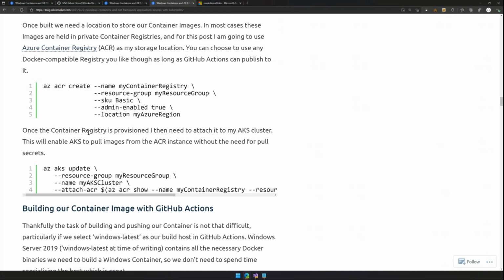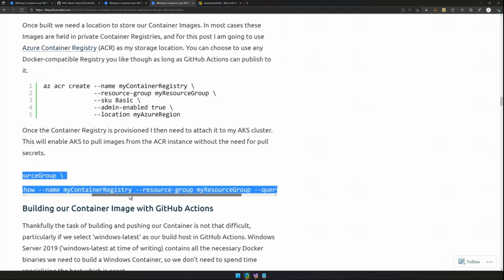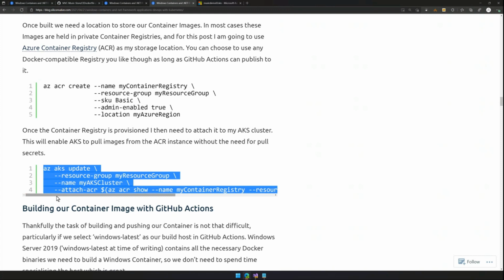And once we've published them there, we can then deploy them to say something like Azure Container Instances, or in our case, to Azure Kubernetes Service. And Microsoft makes it super simple to do pulls from container registry by associating a container registry with your AKS cluster, which just means that you can say, hey, pull this image from this container registry, and it will all be done transparently behind the scenes without you having to define pull secrets and all sorts of funky stuff, which can be a bit of a nightmare to manage. If you're doing them in the same environment, that makes it much, much easier.